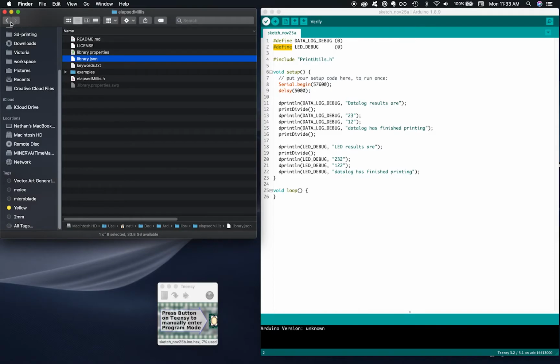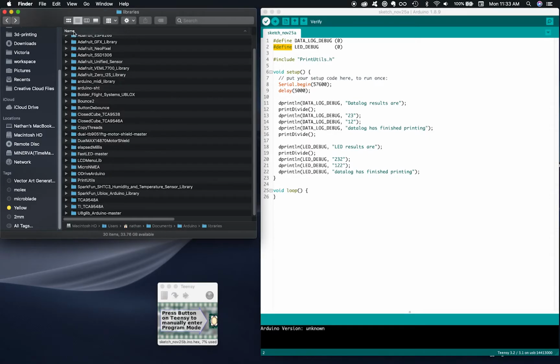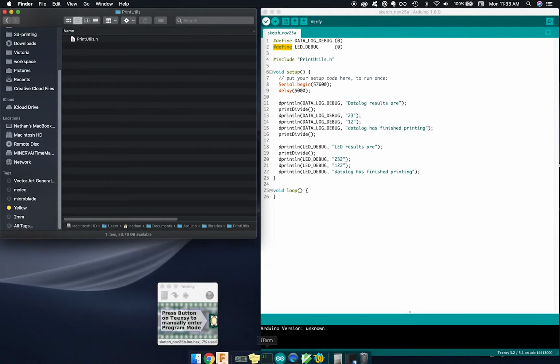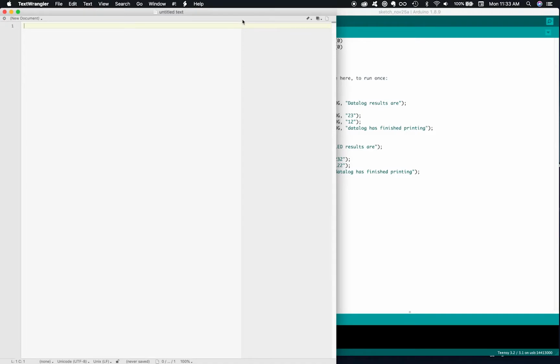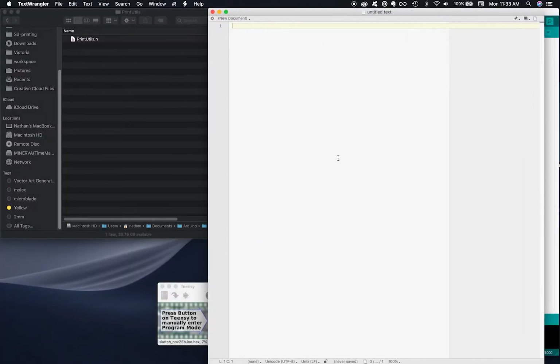So that's looking at another library. We look at another one over here. It's all kind of sort of the same thing. So we do have the library properties and the keywords.txt as constants here, although the actual structure of some of them is slightly different. So we'll go to our print utils here, and then we'll actually use TextWrangler to type up the library.properties file. For this, we need to have a name, and this name is the name